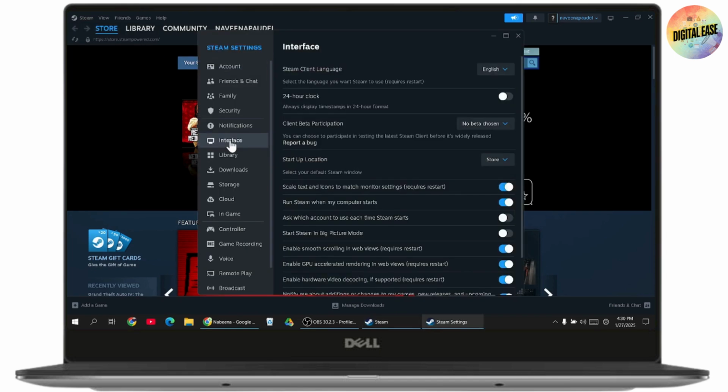Under settings, go to the interface section, and here you will have client beta participation. Just go to the drop down, and here you will have an option of Steam families beta. So you just need to simply click on that option. But if you don't find the option, then it might be automatically turned on. But if you have the option, then you just need to click on it and restart your Steam